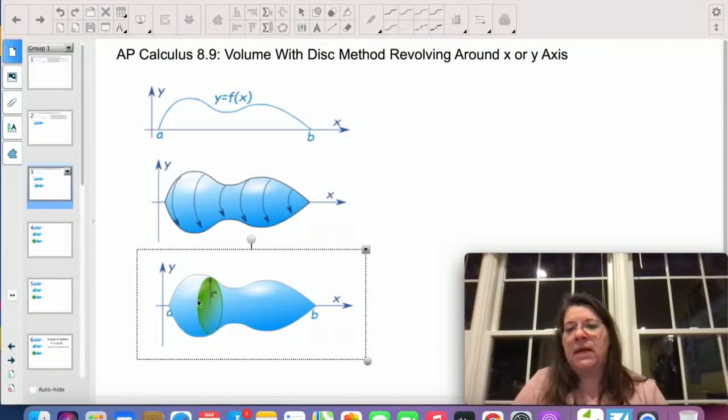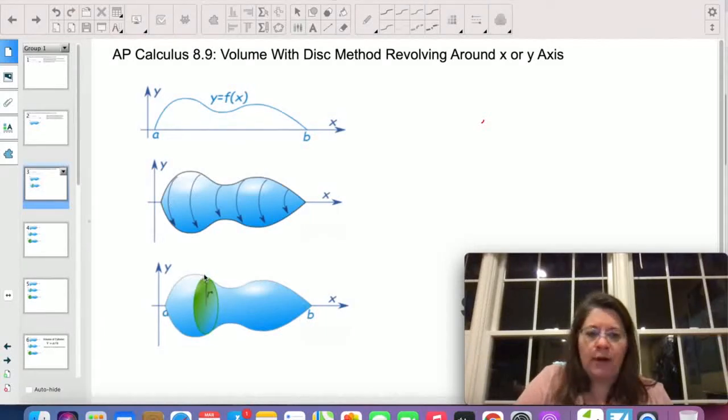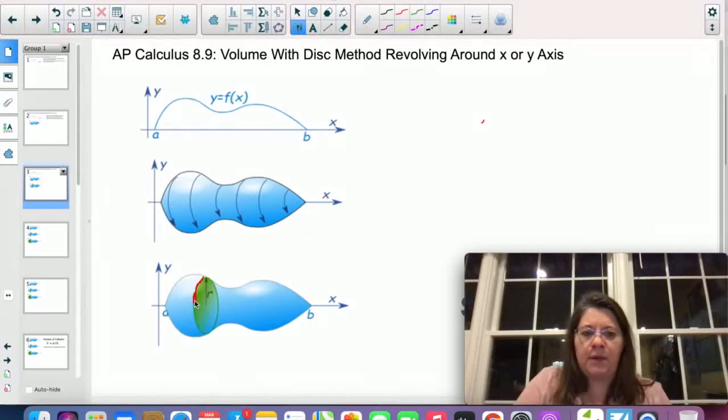this as a circle. And if you think about the area of a circle, wouldn't the area be pi r squared? So as long as we could find the radius of what this shape is, then we could find the area of this circle. And if you think about the area of a circle being pi r squared, we do have to account for how thick this shape would be. We have to account for that thickness of the shape, and that thickness of the shape is said to be